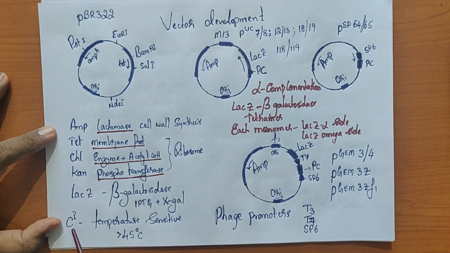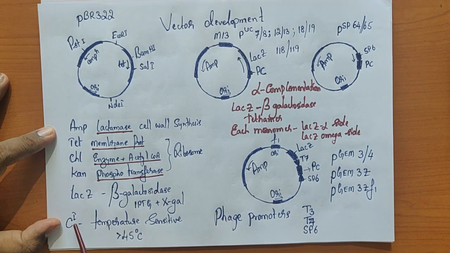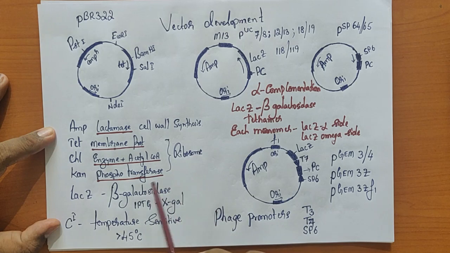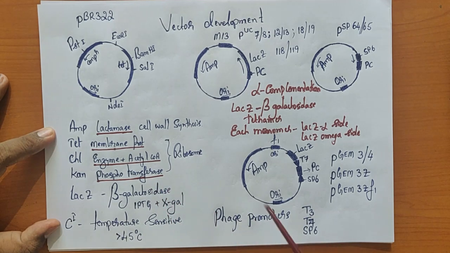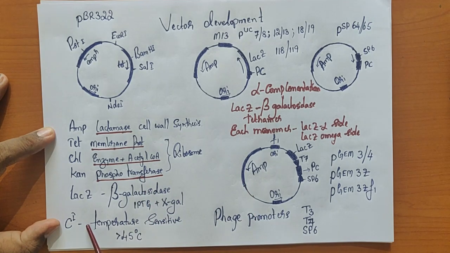Then we also discussed the cI repressor gene in case of the lytic and lysogenic cycle. Now they have also identified a temperature sensitive mutation in the cI repressor gene, because you know that the cI repressor will bind to the promoter left and promoter right. Binding to these two promoters will block further transcriptional activity. So that mutation is temperature sensitive, meaning that it will efficiently bind to promoter L and promoter R at low temperature, I would say around 31 degrees centigrade.